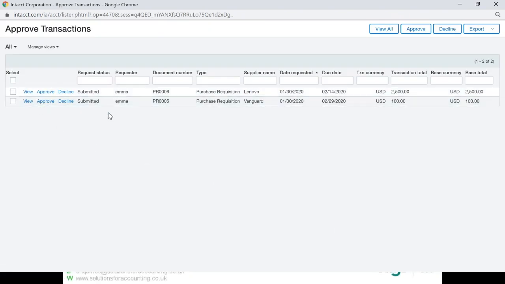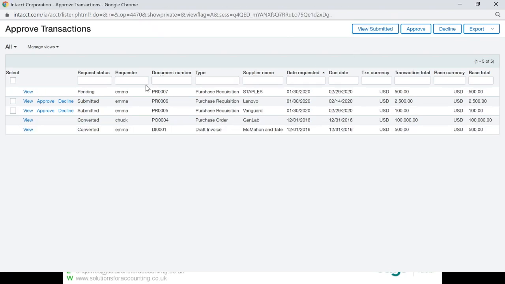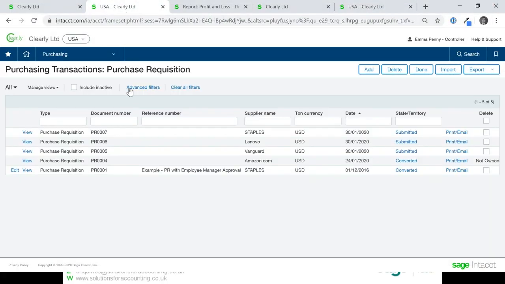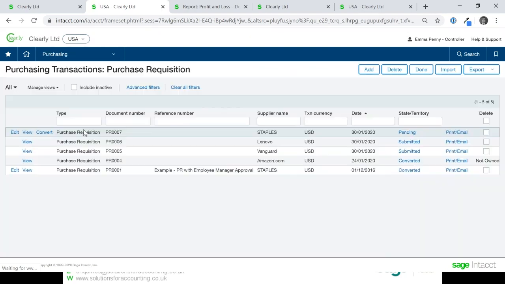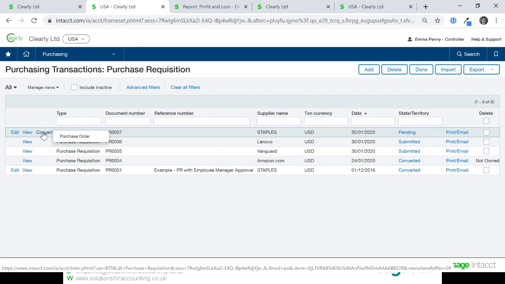Okay, see it's now dropped off that list, although we could go back and view it all if we wanted to. You see it's changed its state from submitted to pending, and that means it's now a requisition which has been approved and it's pending creation or conversion to a purchase order. So we'll pop back in as Emma now, just a quick refresh here. See that we've now got our requisition which is no longer submitted, it is now in a pending state. And I've now got the ability to convert that requisition. And convert gives you the ability to change it into a purchase order.